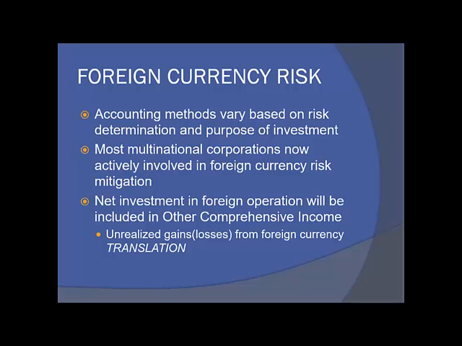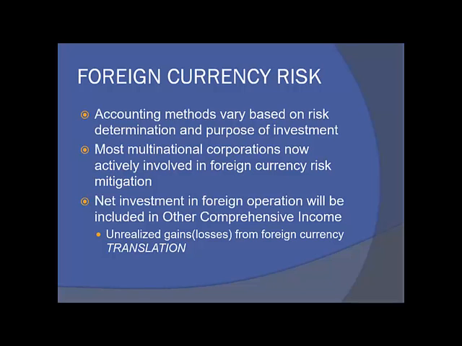Those are your unrealized gains and losses from foreign currency translation, not foreign currency transaction. Translation is simply translating it from a foreign currency to US dollars to report under GAAP. A transaction is foreign currency transaction gains or losses. Those are always just included in earnings.